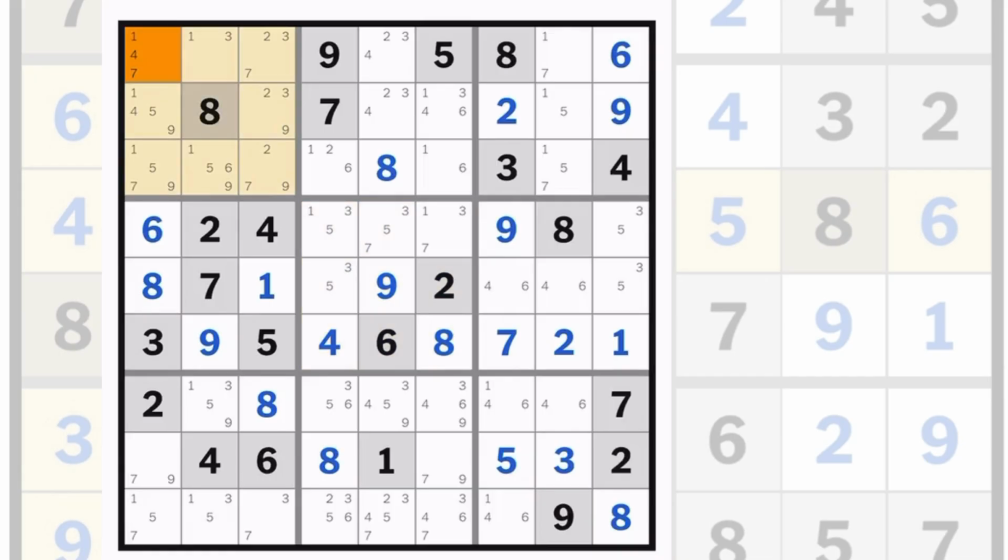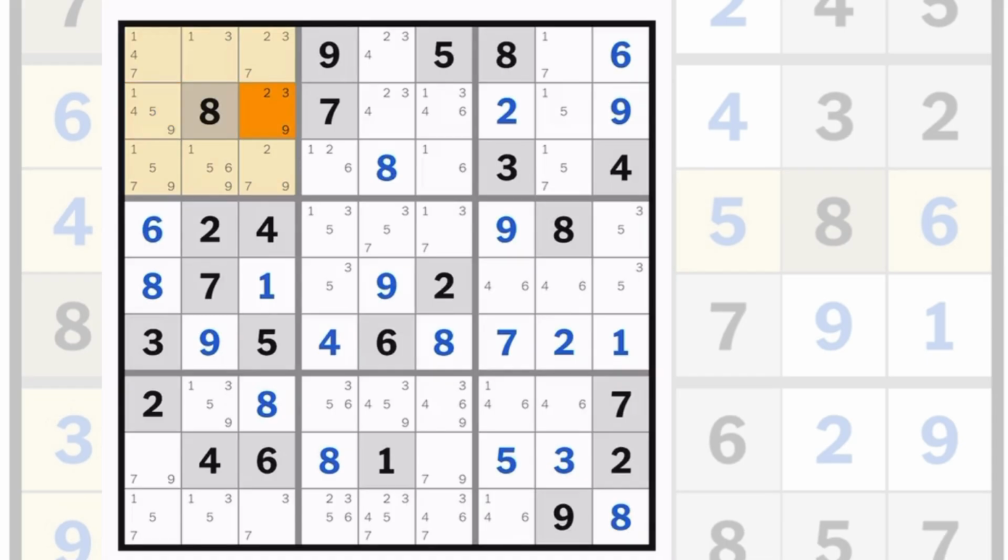So now we do it row wise. We have completed the column wise, so we do row wise. So we have 1, then 2, then 3, 2 4s, 5 6, then 7 8 and 9. So if you come to this row, we have 1, then 2, then 3 3s, then 3 4s, then 2 5s, then